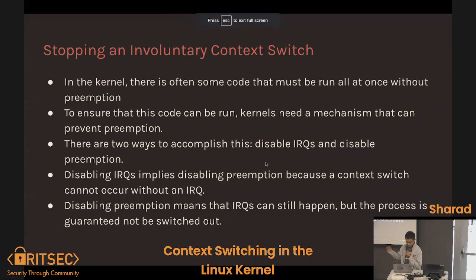So as I was talking about earlier, there's one important thing. Involuntary context switches are not necessarily always good. They need to be stopped sometimes, specifically when you're running a critical section. There are 2 ways to stop involuntary context switches. The first way is by disabling IRQs. Disabling IRQs is by far the most effective, but it can be bad